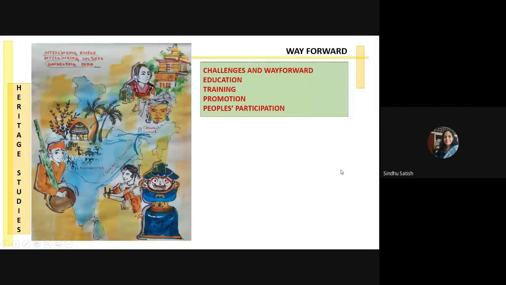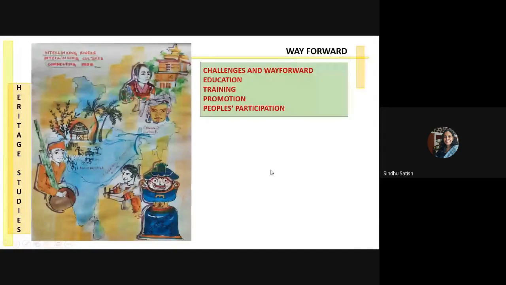And lastly, but most importantly, people's participation. All said and done, it should not be a professional's job, or it should not be an NGO's job or government's job to do all this. I think we as citizens, as people together, should come and participate ourselves and get engaged in more such activities, so that we help the nation to retain most of the intellectual, intangible, tangible, all kinds of heritage, natural, cultural, everything. All that we have is heritage, and that we need to protect, and we should unite with the sense of belonging as a nation.